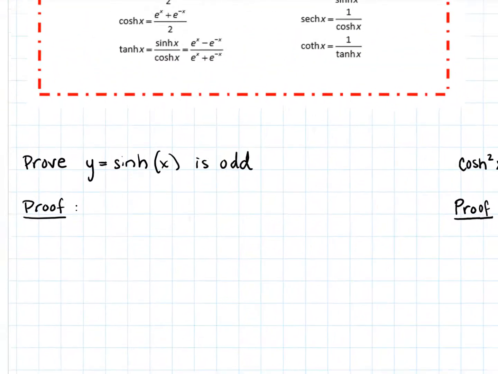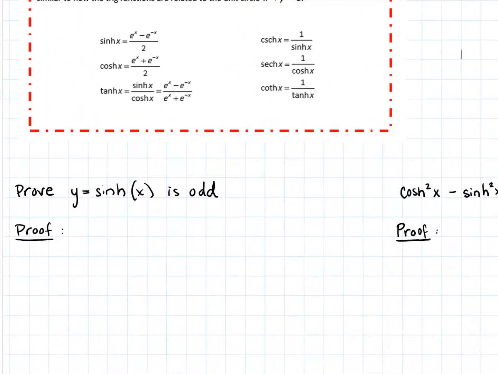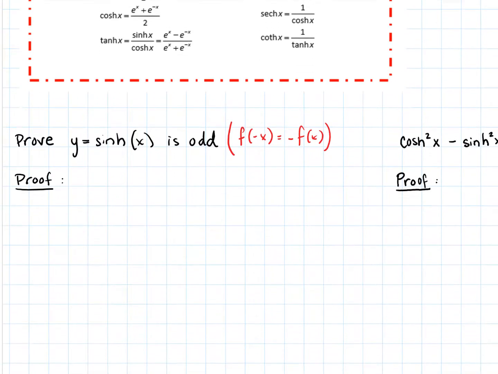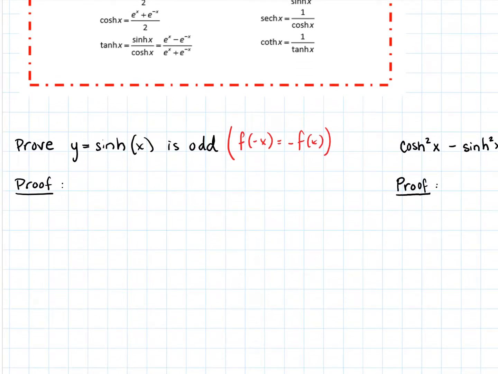It turns out that the hyperbolic sine is odd, so let's actually prove that. As a quick reminder, what it means to be odd is that f of negative x is equal to negative f of x. That's what we have to prove for the hyperbolic sine. These are fun, quick little proofs, so let's just do them. If f of x is the hyperbolic sine of x, then